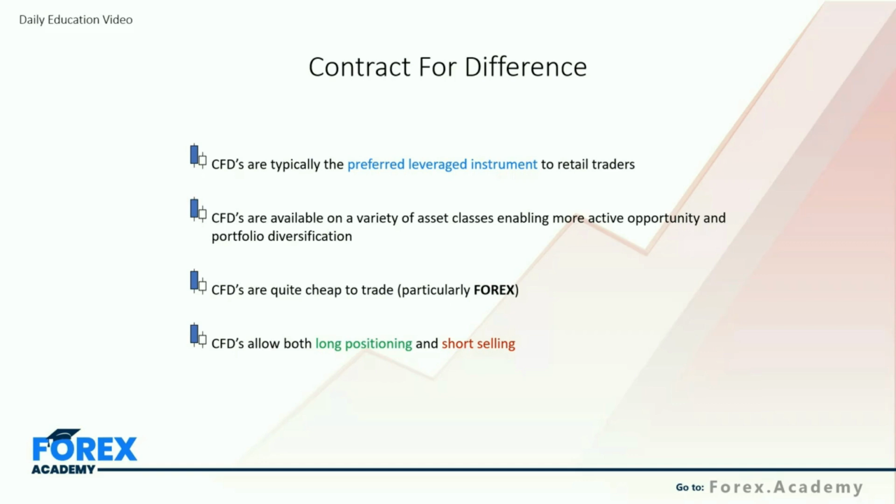So effectively, we can take short positions. As previously mentioned, because we don't physically own the asset that we're trading, so let's say we're trading the price of gold, we don't physically own a bar of gold or a portion of that bar of gold. We simply speculate on the price, meaning we can take a sell or a short position, and if the price moves to the downside, we can exit it for a gain as the market trades to the downside. So effectively, we're able to trade both sides of the market, and that allows us to speculate on much more profit opportunity.